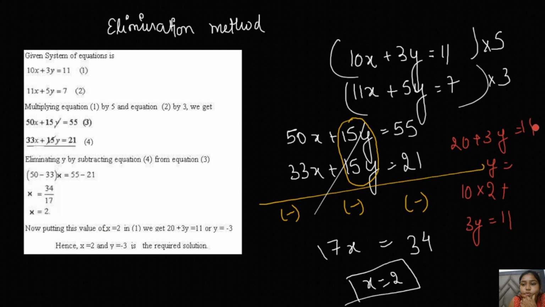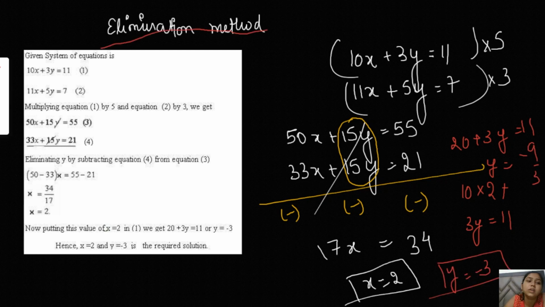I hope it is clear to you now what the elimination method is. Both the elimination and substitution methods are very easy. You can easily remember them by their names. Substitution is the method in which you substitute the value so that the other equation will have only one variable. In the elimination method you make sure that one of the variables becomes equal and is cancelled out, and you can get the value of the other one, and then you substitute that value in any of the equations and find the other variable.